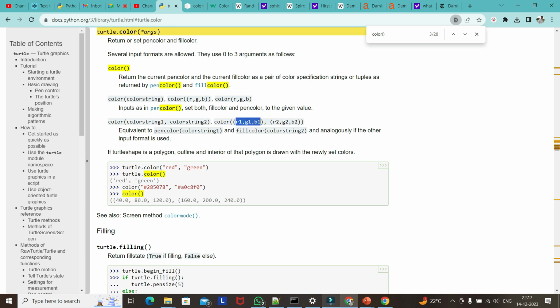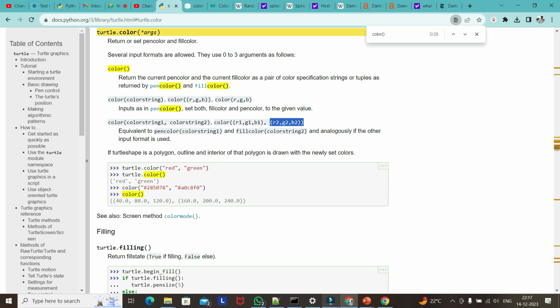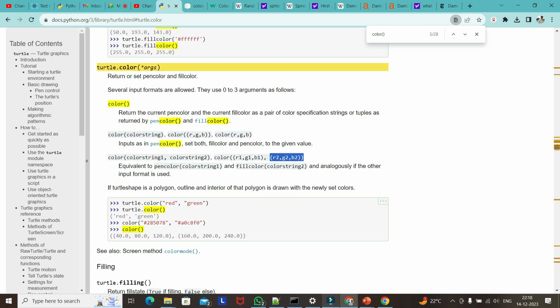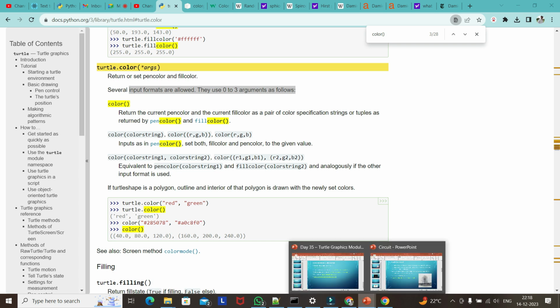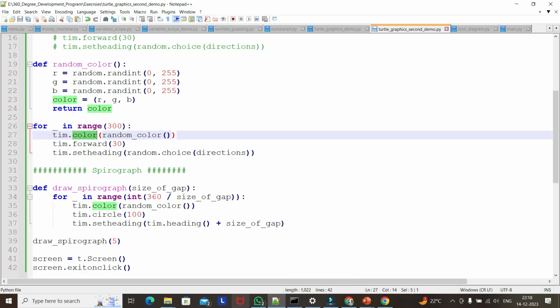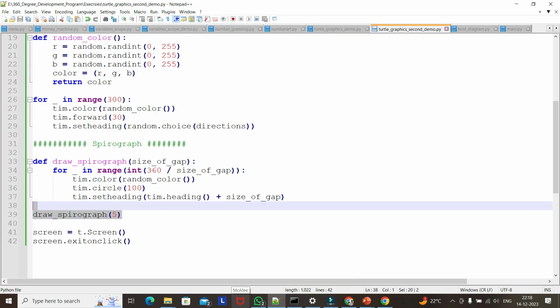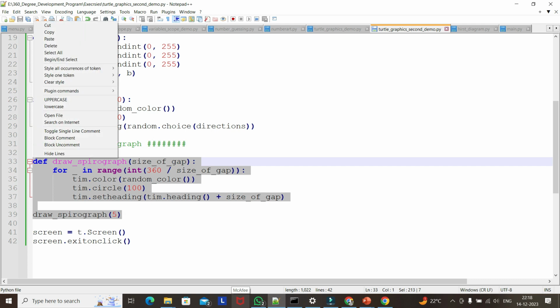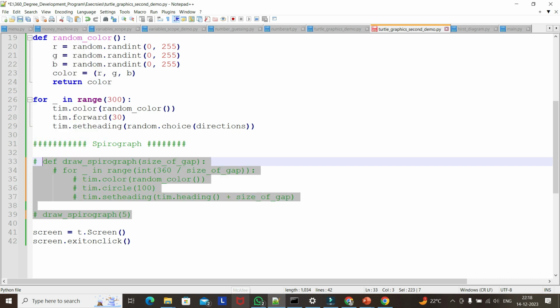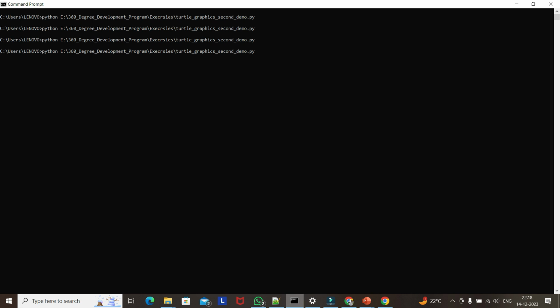So R1, G1, B1, R2, G2, B2. The similar kind of stuff we are doing. Let's see the spirograph later and comment this out. And now if I run again,